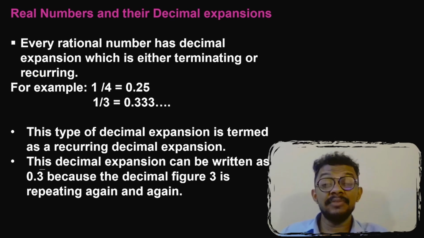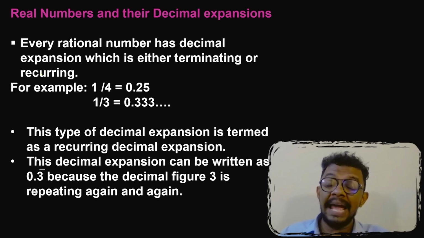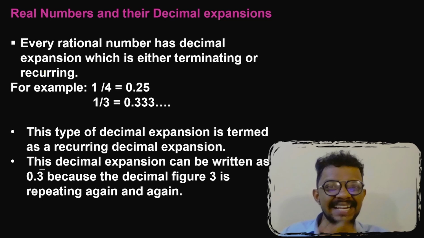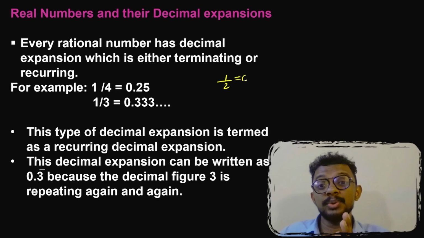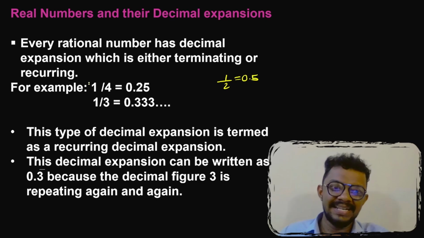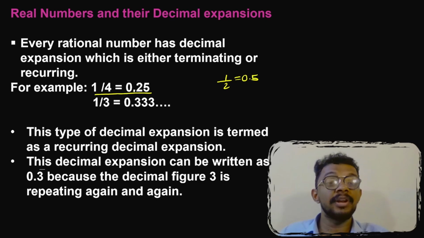Understand, for every real number, there is a decimal representation. I know 1 by 2. The decimal representation of 1 by 2 is 0.5. The decimal representation of 1 by 4 is 0.25. The decimal representation of 1 by 3 is